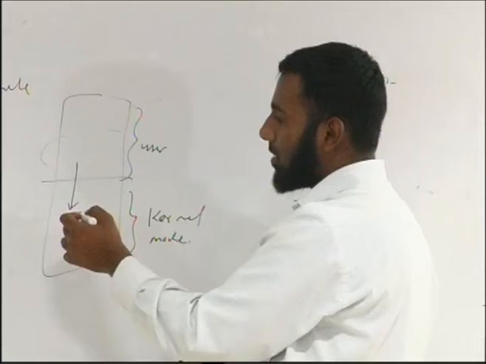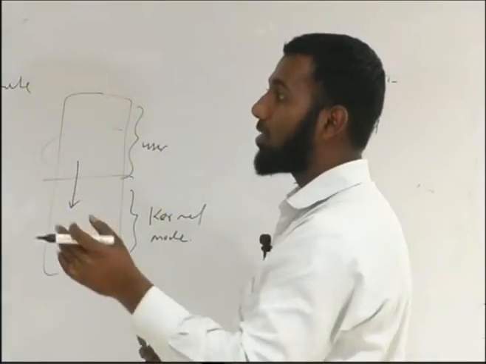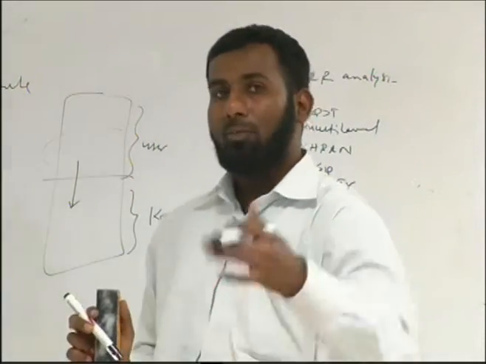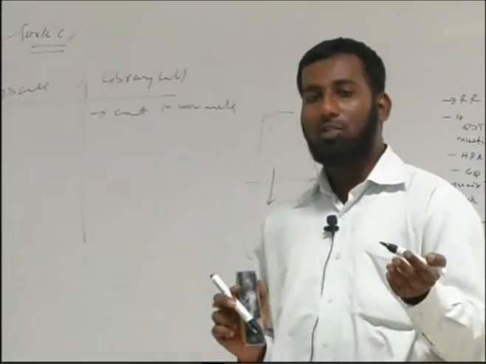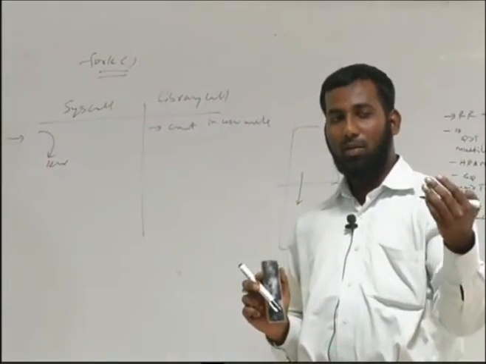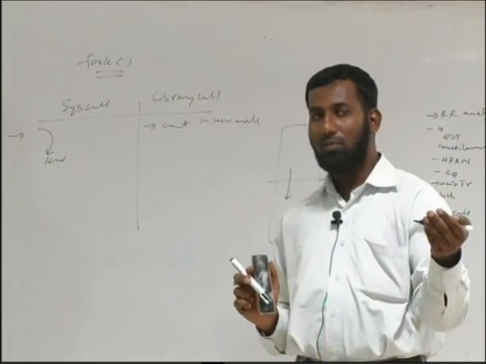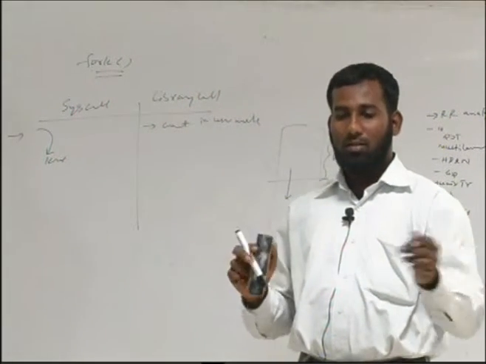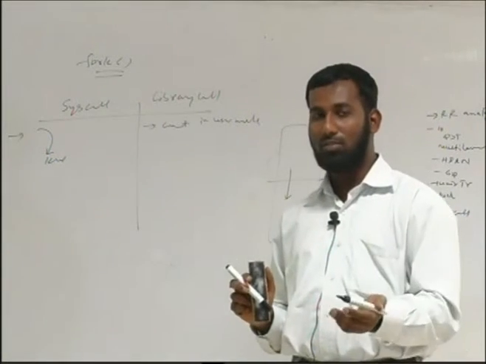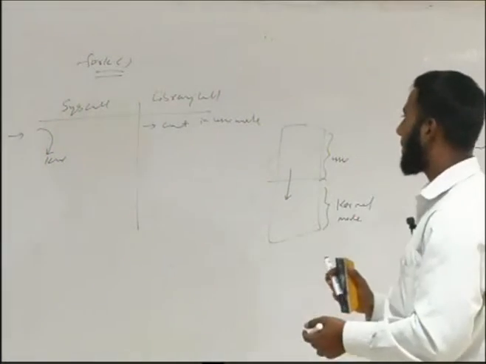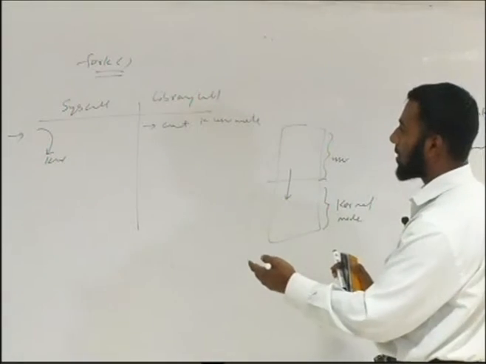Whenever a system call is executed, an interrupt is generated, and this is called a software interrupt. Then the dispatch table is looked into. Here you will have the ISR, interrupt service routines, and this will be serviced,